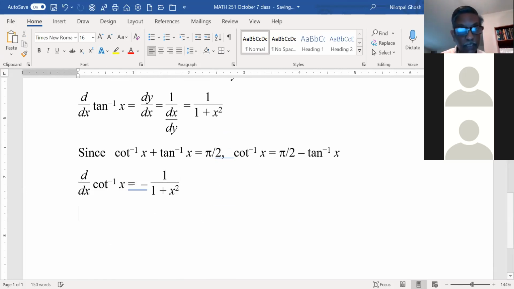Similarly, you can show these following results. Using the derivative of sec x is sec x tan x, you can show that